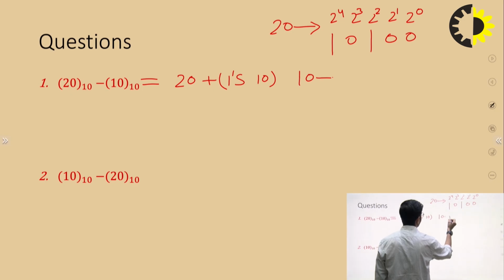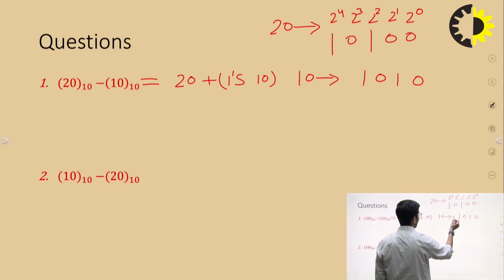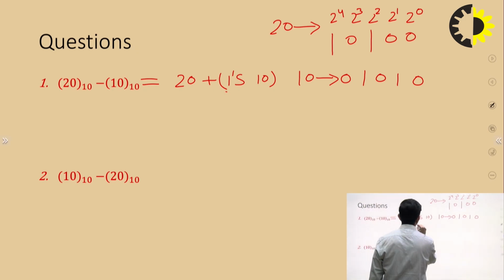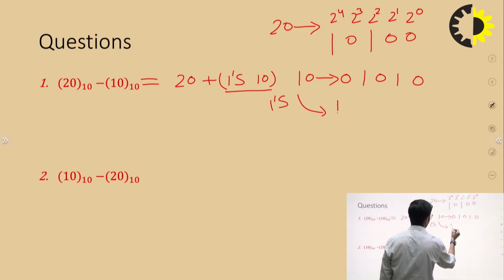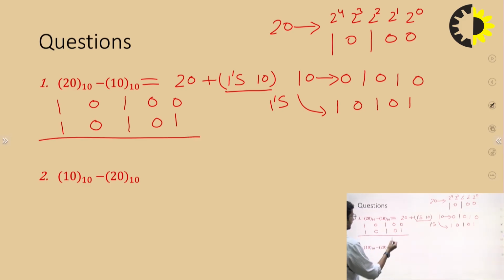And binary of 10 is 1 0 1 0. Since there are 5 bits, we can add a 0 here, just to make an equal number of bits. Now we have to take the ones complement of 10. So ones complement of 10 will become 1 0 1 0 1. Now we have to add 20 and ones complement of 10. So 20 is 1 0 1 0 0 and ones complement of 10 is 1 0 1 0 1. Now if we add these two numbers, we will get